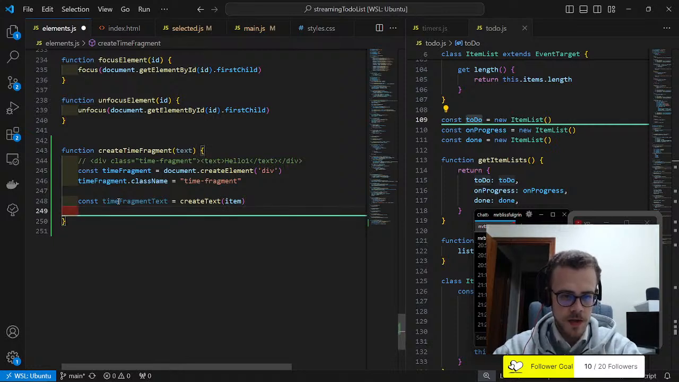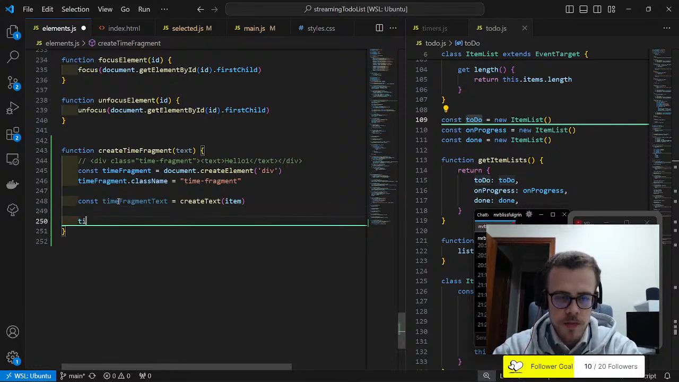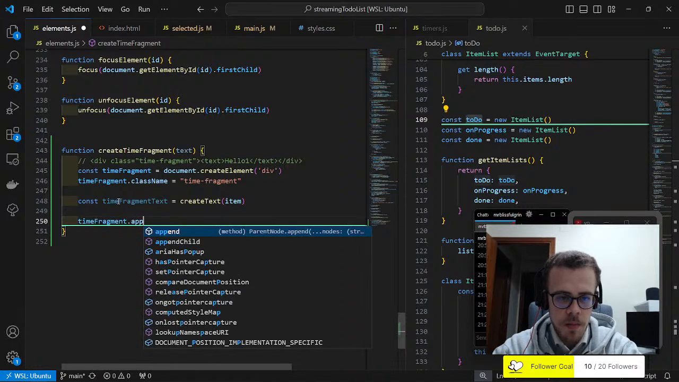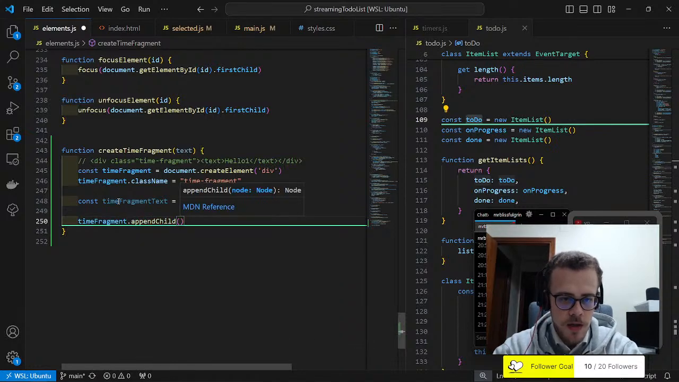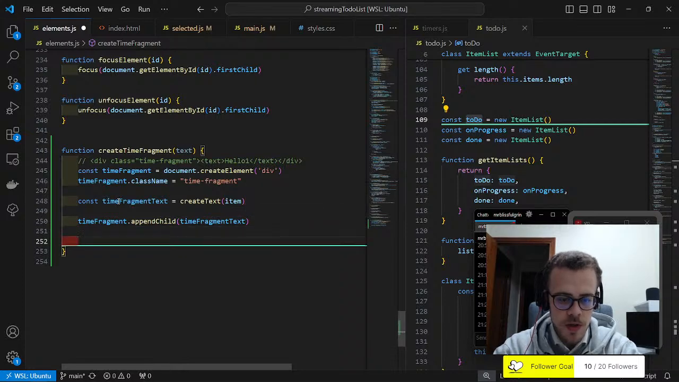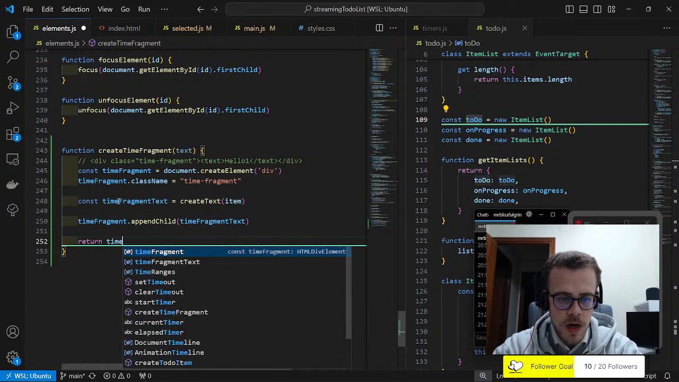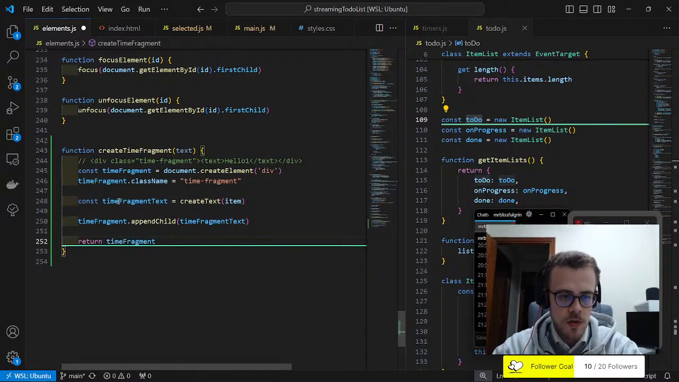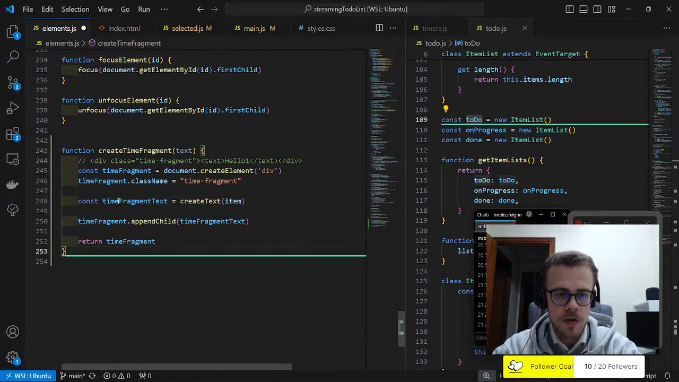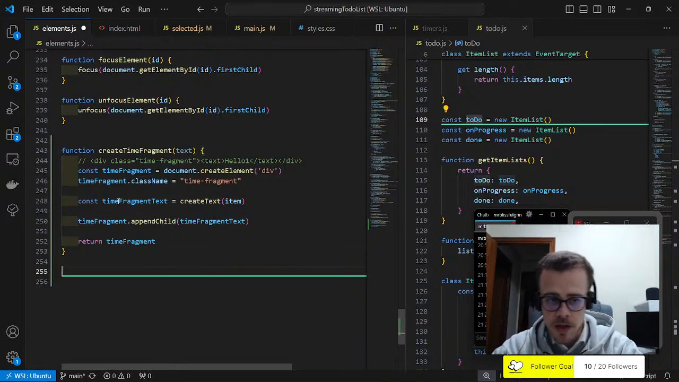I think we can just return this. We need to, of course, open it as a child. So time fragment dot open child, and the child will be the time fragment text, and we can just return it now. Return time fragment. Okay, so now we can create our time fragments. Now we need something that creates the timeline. So function